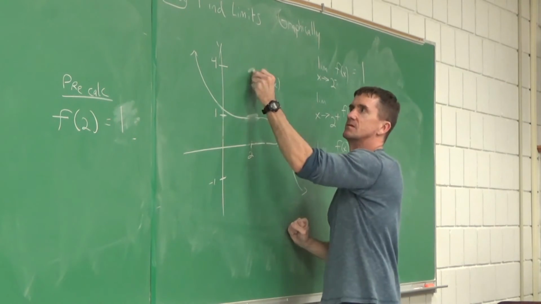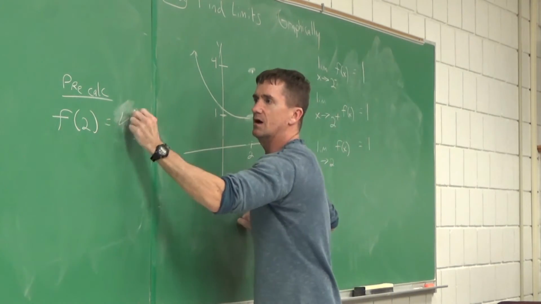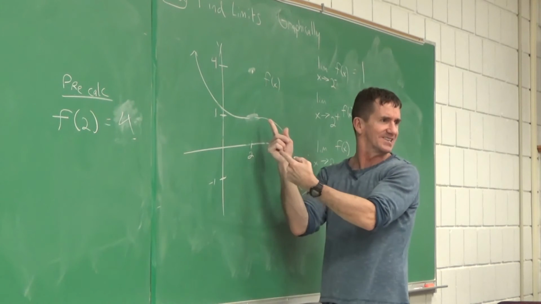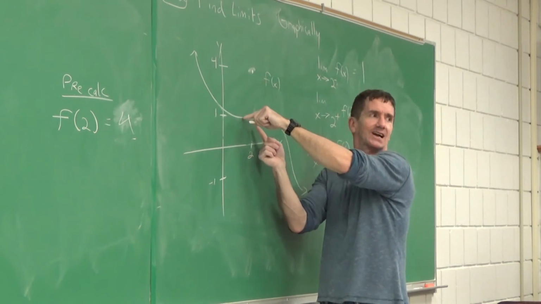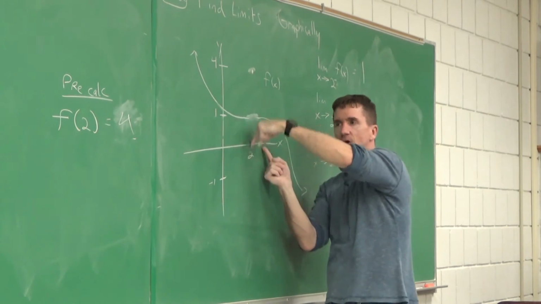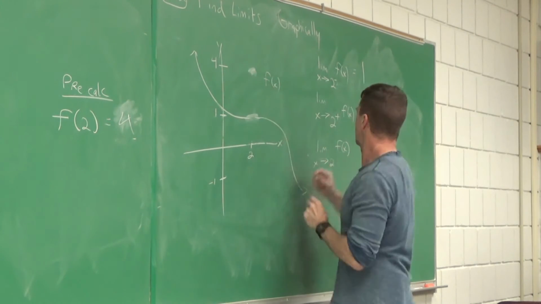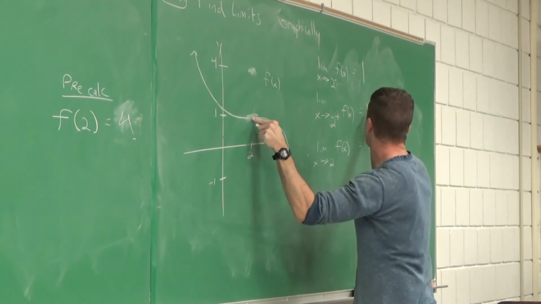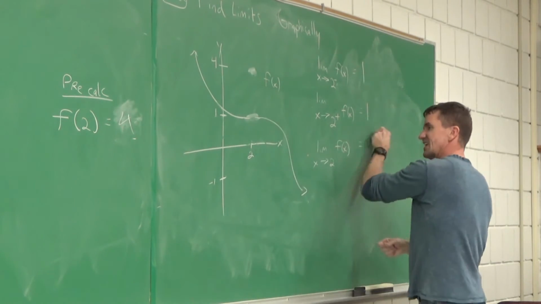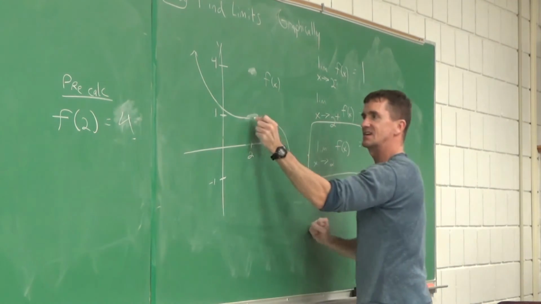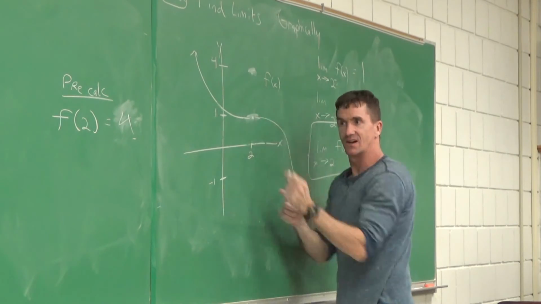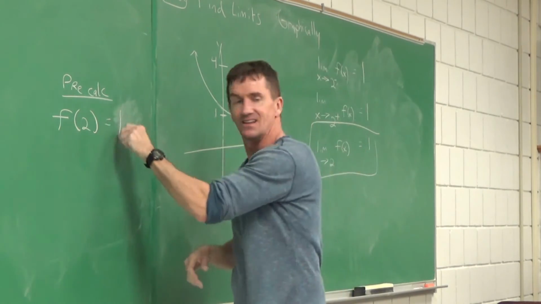What did I have before? A 4. Is that connected? No, it's not connected. Think of this as a roller coaster. It's not connected, it's not continuous. You'll fall in the hole and you'll die, right? But to make this thing connected, that value there has to match what? This guy. Isn't that cool? And if you get that right there, you got it.